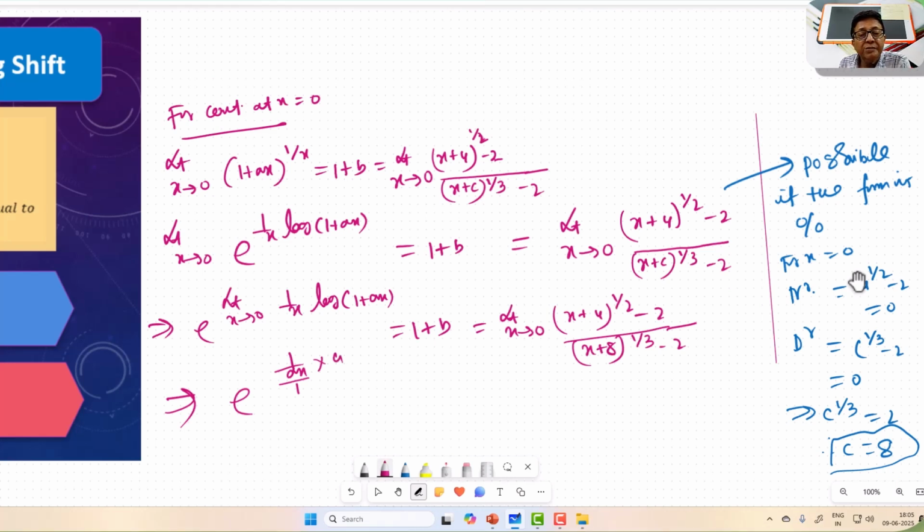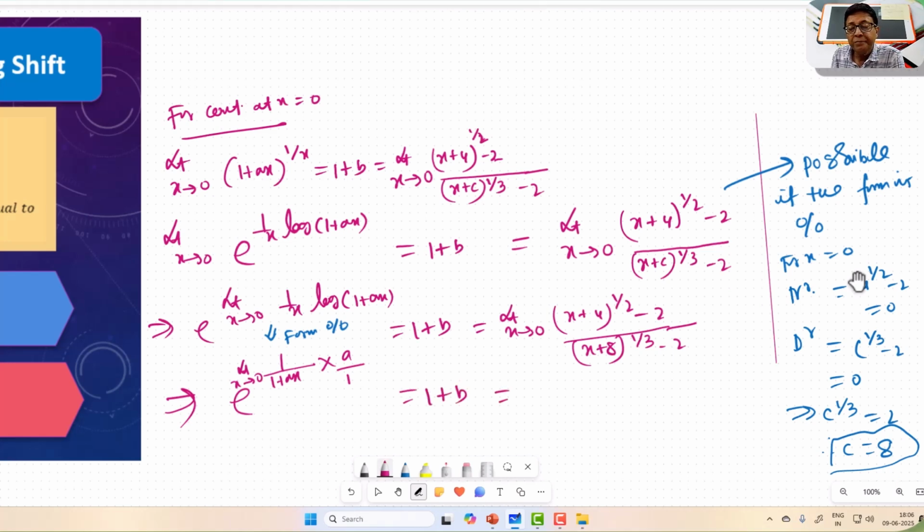This is 1 by 1 plus x into a, denominator derivative is 1. Why have I done this? Because the form is 0 by 0. Okay, we can differentiate. Condition of limit will remain the same, that is x tending to 0, this is 1